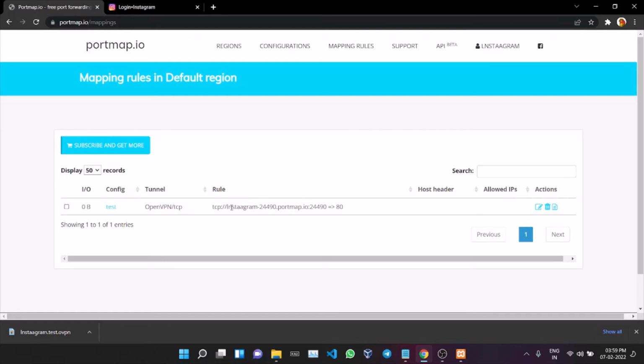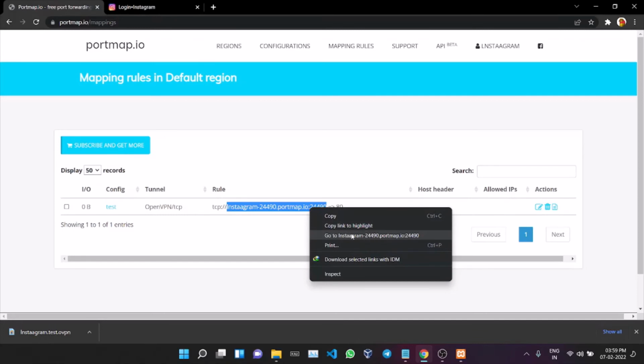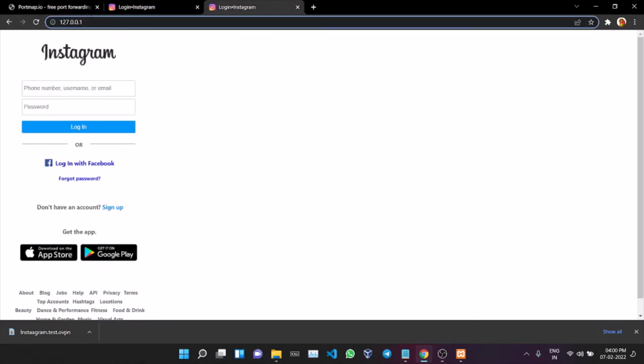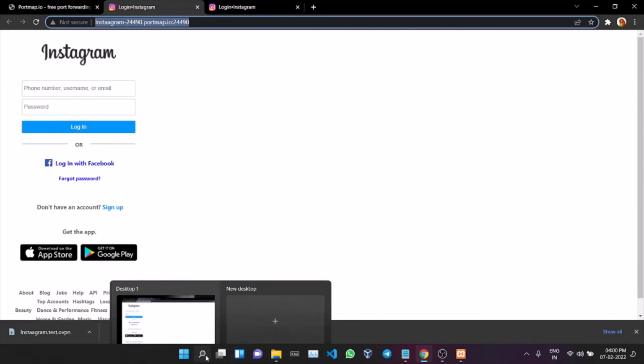Okay, so now if I try to access this URL from my browser, what do you think will happen? Yes, it will open my computer's port. Because we are using a browser, it will send an HTTP GET request. That request will be forwarded to my computer's port 80, passed to the XAMPP server, and it will respond accordingly. So let us open this site, and you can see the same thing got opened here, which I opened from my loopback address, that is my computer's address. If this time I try to access this URL from anywhere in the world, it will be easily accessible, noting that our firewall should be disabled.